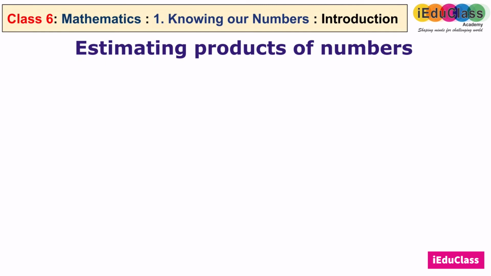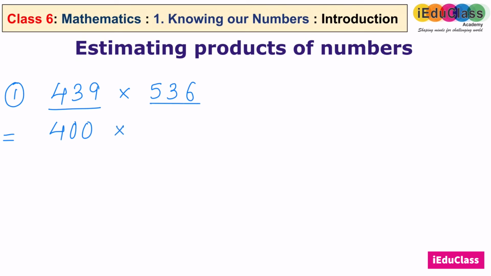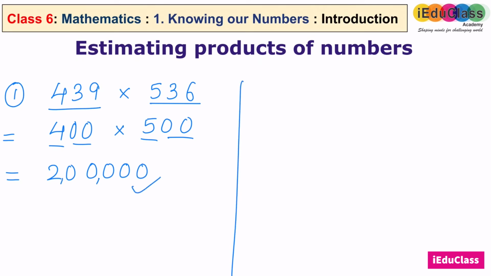Estimating product of numbers. Okay, 439 multiply 536. 439 is nearest to 400 and 536 is nearest to 500. So first you have to do estimation, and then 4 5s are 20, 2 plus 2, 40. The total answer is 2 lakh. Same way, if you are,